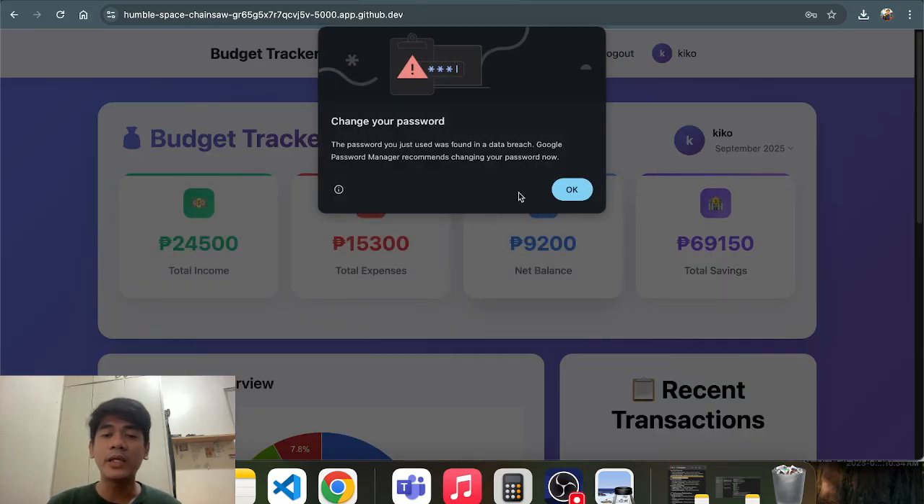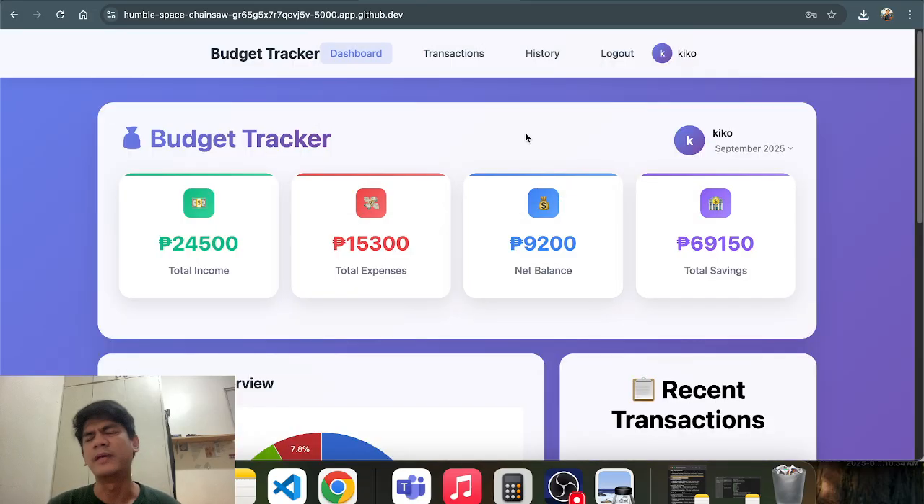Let me quickly explain how the budget tracker works. Basically, the user can save all of the expenses and all of the income that he has for the current month. For example, on my end, I have a total income for September, which is the current month, of 24,500. My total expenses are 15,300, and the net balance, the remaining money I have this month, is about 9,200